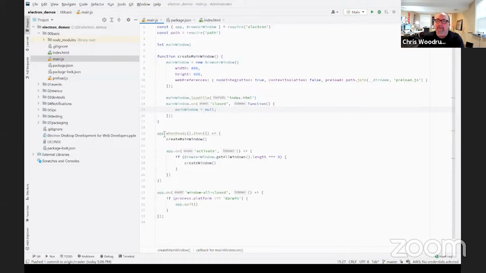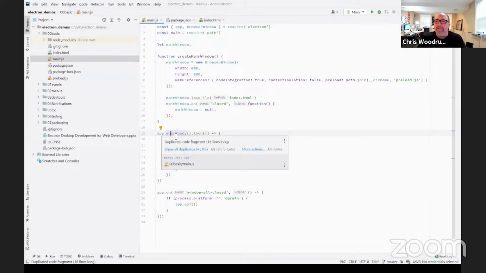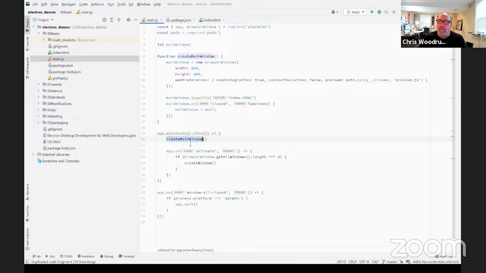And then we want to deal with the main application, so the main process. So that's where this app comes in, and when the app is ready, it will create the main window.